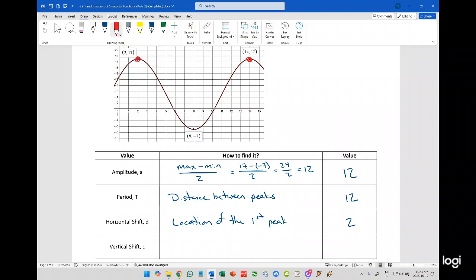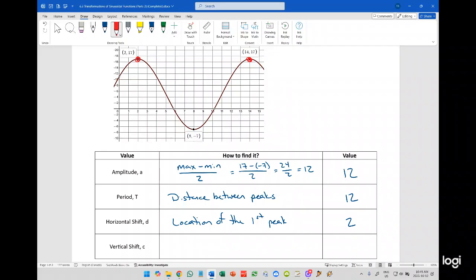And then we've got the vertical shift. How far up did it go? So there's a couple of ways that you can find this. And this, again, is why we don't use sine to model. It's hard to say where the rest position is. Is it there? Is it here? Is it somewhere around there? I can't really tell. But what I will say is that if we know what our amplitude is, our amplitude's